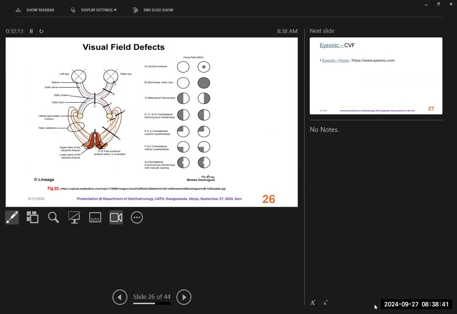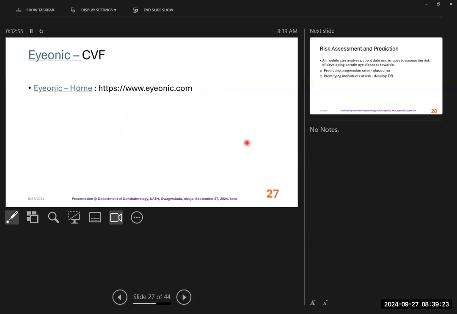Okay, this one is just the visual field defects. So I won't stay much on this, but it's very, very useful. It's just to illustrate that at different levels, is it from the retina, from the optic nerve, from the chiasma, or from the optic radiation? The optic radiation, upper loop, lower loop, up to the visual cortex. When you do your CFF, you see the corresponding visual field defect. And if there is none, it will show you like this one. So at various levels.